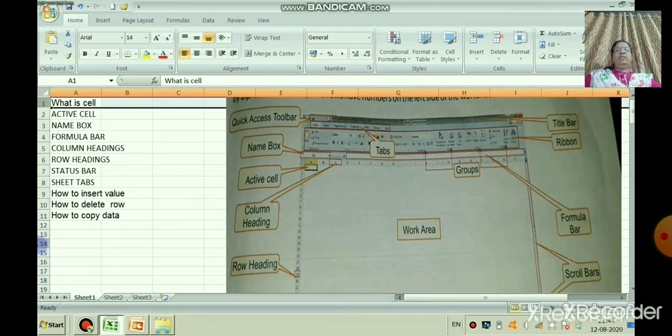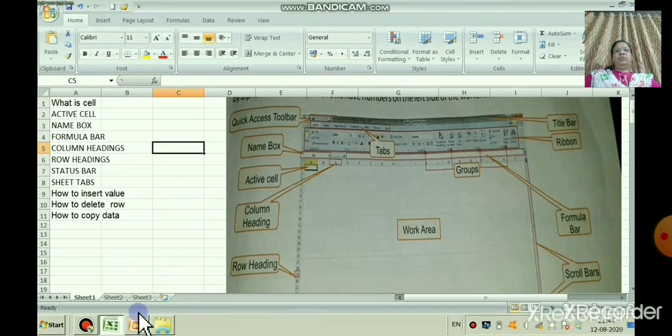Now, where is the formula bar? Where the cell is written, that is the formula bar. You can see the formula bar there. Now, that is the scroll bar. Down below you can see Sheet 1, Sheet 2. By default, 3 sheets are there, right. With the help of that icon you can also increase the sheets.